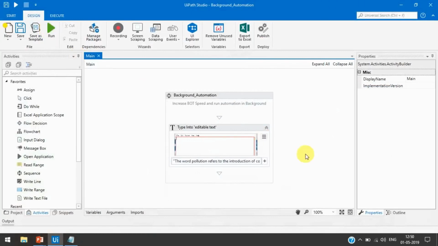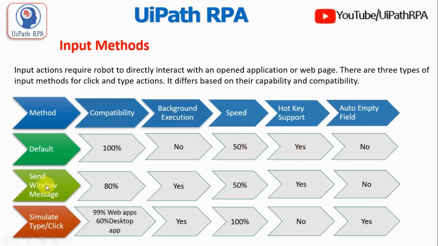Now let's start with the send window message. So here in compatibility it supports 80% of web apps and desktop apps. With this method we can execute our application automation in the background, so it supports background execution also.